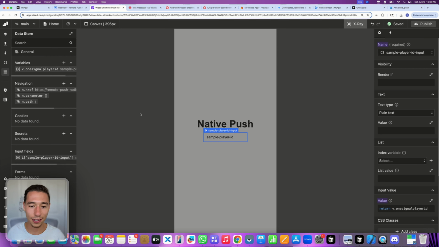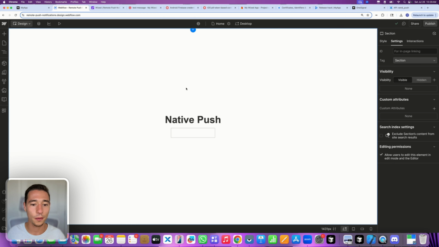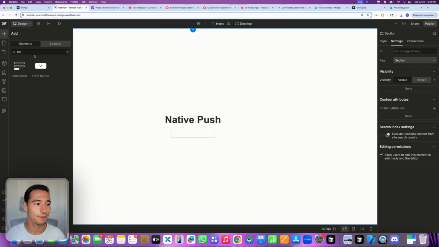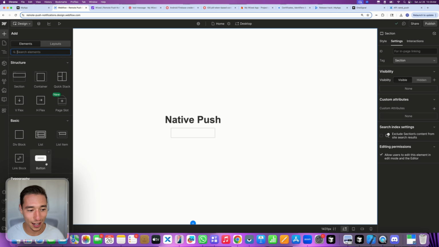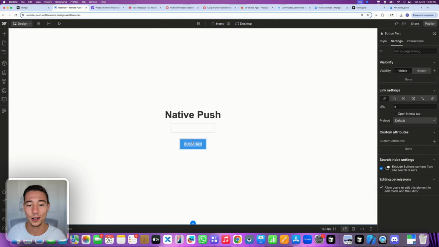the clipboard real quick. So let's actually go to Webflow, and let's just add a button. And you don't need to do this in your live application. This is just for us to get the ID so I can show you how to target this specific device only. So let's call this copy one signal